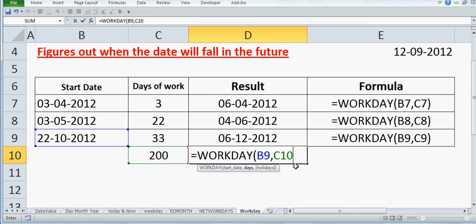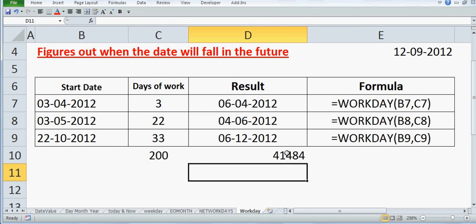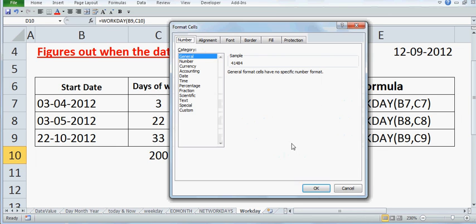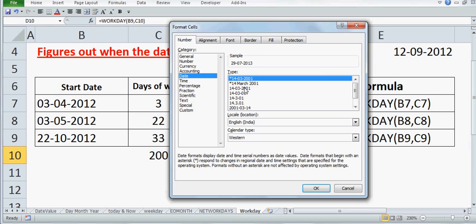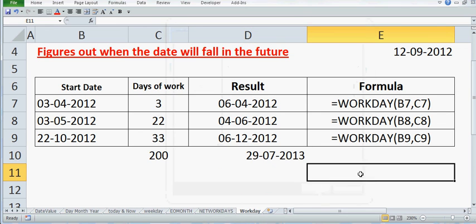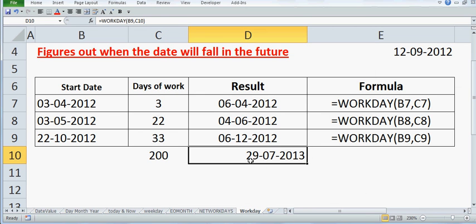As of now, let me not confuse you. So enter. We'll just change the formatting to Date. So the project will be completed on 29th of July 2013, because we require around 200 working days in order to complete the project. So this is the way this Excel date function works.